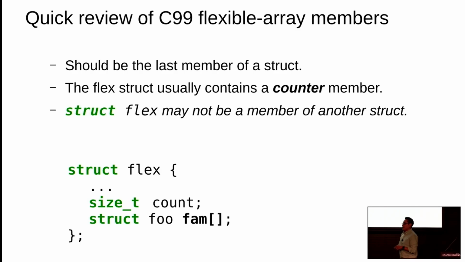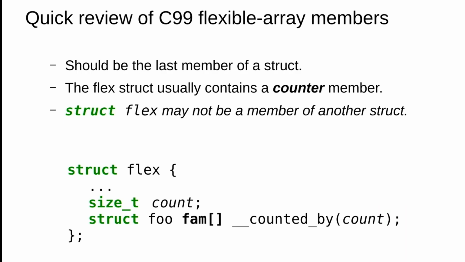Another important thing to mention is that the C standard says that a flexible structure, again a structure that contains a flexible array member, may not be a member of another structure. So this is part of the standard. However, in the kernel, we have our own opinions, and we are going to see how we are not following this advice from the standard, and that is actually why we are getting into a lot of trouble. But that's how we need to use these flexible structures.